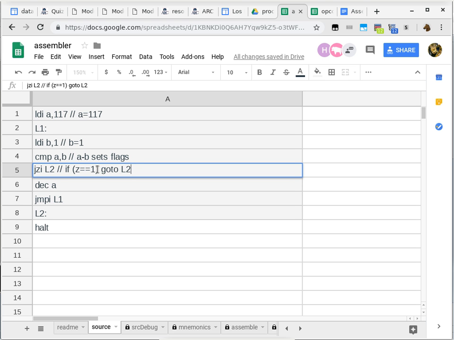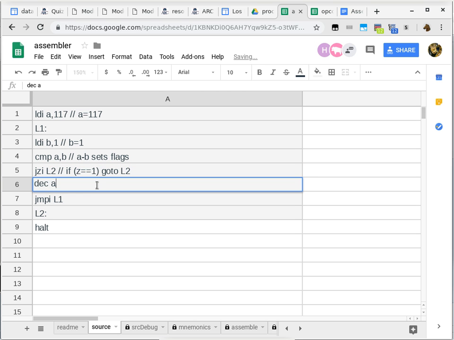Okay. Now we know B has a constant of 1 by the time we get to line 5. So all that really means is, if A is 1, then we go to L2. That's all it is saying. But the actual translation is if the Z flag is a 1, we go to label L2. Okay. And then the next line is decrementing A. So that's fairly easy, depending on whether you like the long form of this or the short form. Okay, if you like the short form, it's the same thing as minus-minus A. It's just